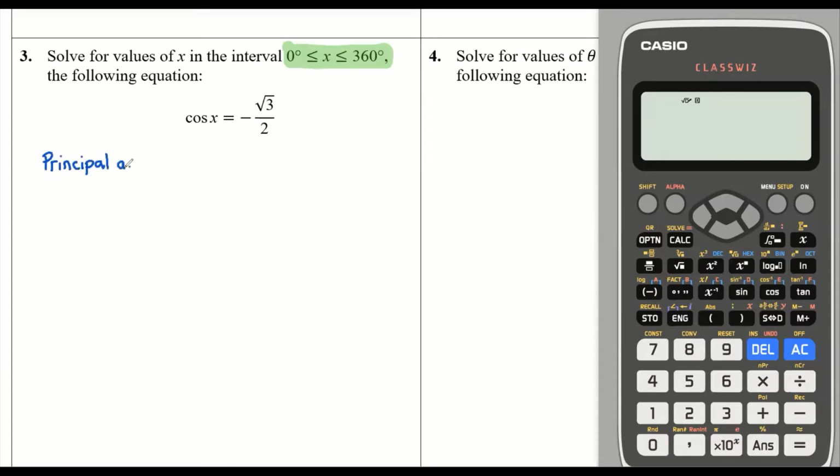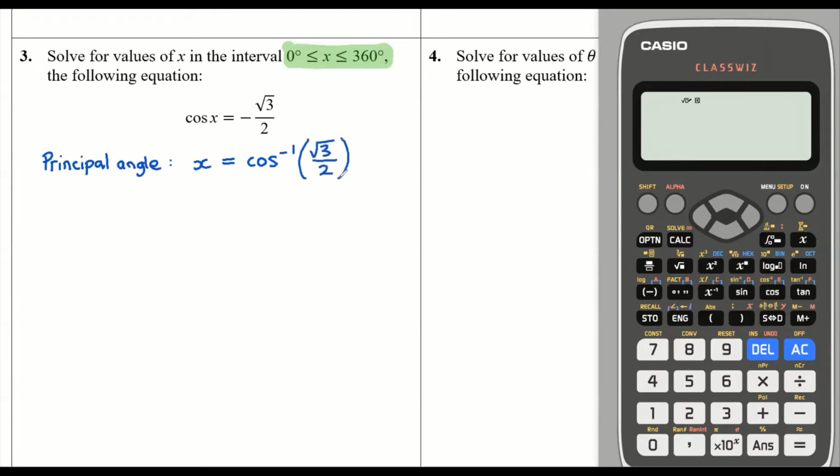Now, remember, the principal angle is always an acute angle. And if you work out the principal angle and it's not acute, then you've done something wrong. And the way we get this is we take our principal angle, which would be x, as the inverse cosine